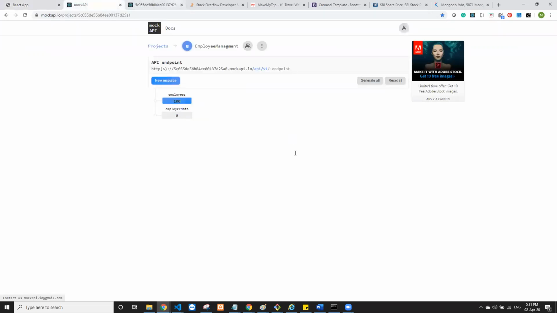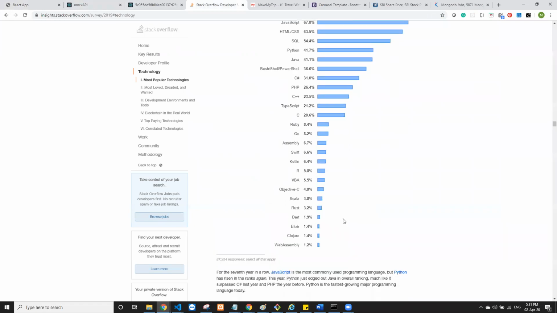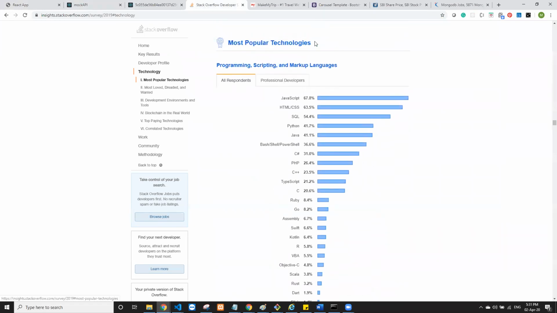So yep, you can look for this particular Stack Overflow survey. You can find out how popular this entire stack is, and that's the reason. On the top, if you see the most popular technologies at that moment, it is JavaScript with 67.8%. If you look at professional developers, those people who are actually working professionally on these technologies, again JavaScript has the topmost stack and hold in the market.